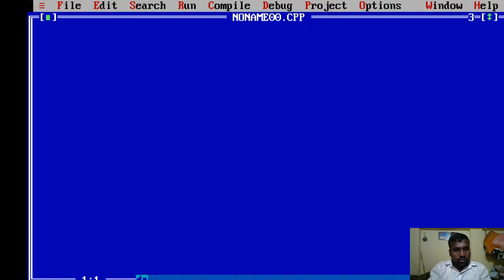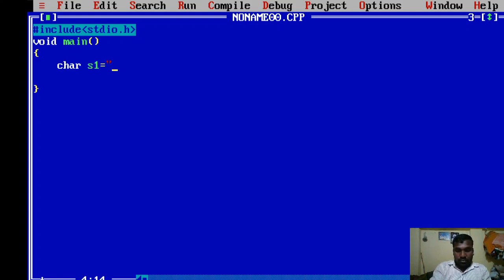Right, so I'm directly writing void main. Here I'm using a compiler which is suitable for both C and C++, so I need to write the library name compulsorily, where printf and scanf are available. Okay, and then I'm writing char string 1 is equal to Kumar,